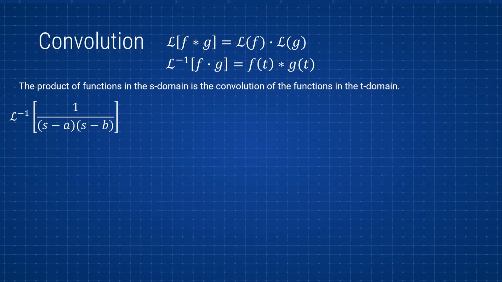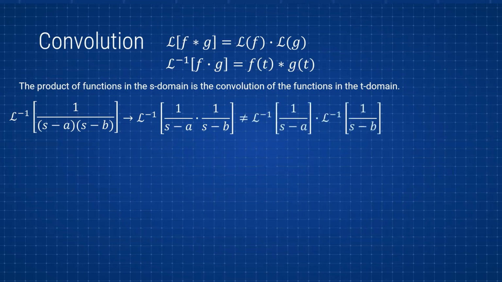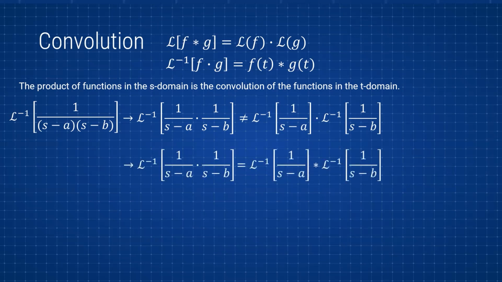So for example, here, we're taking the Laplace inverse of 1 over s minus a times 1 over s minus b, which of course we can break up into two fractions, 1 over s minus a times 1 over s minus b. So this does not equal the Laplace inverse of 1 over s minus a times the Laplace inverse of 1 over s minus b. No. What happens here is that this equals the convolution of those two once you go into the T domain. And we're going to go in a little bit into what convolution looks like, the formulas and so on,